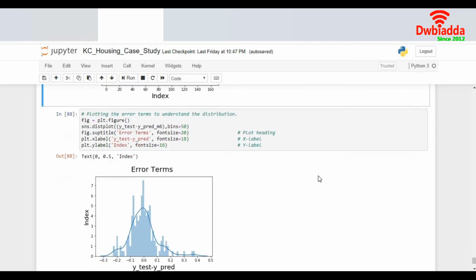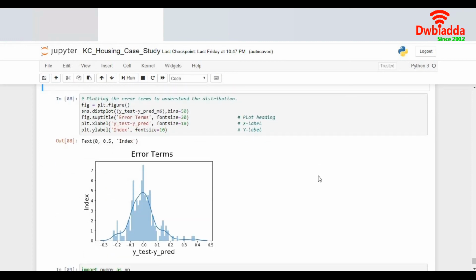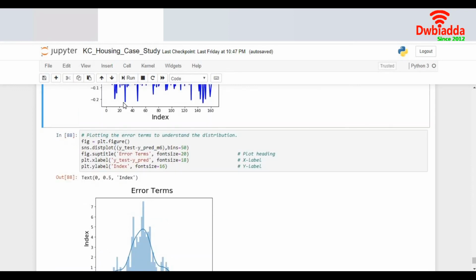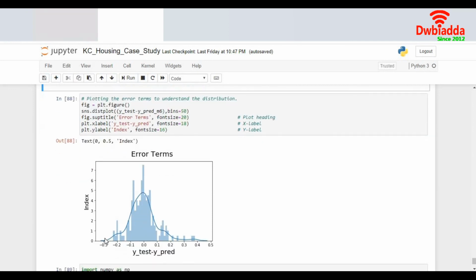The last one which I would like to validate is the error terms. The error terms are nothing but Y-test minus YPRED, and I do a distribution plot of it, which is nothing but an advanced form of the plot which we did earlier. I see this is a nice normalized structure. This is called a normal curve, in other terms a Gaussian curve. Any normalized curve will be concentrated highly around the value of 0, and it gradually decreases as it goes beyond 0 in both directions.